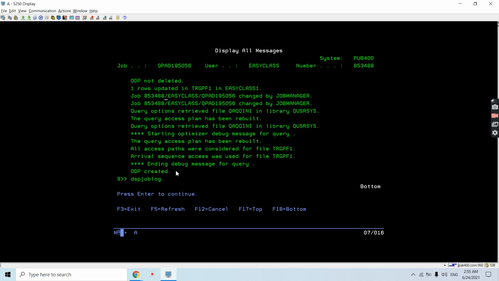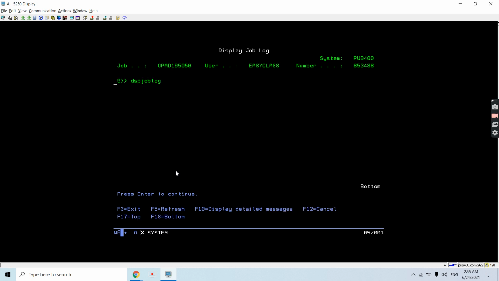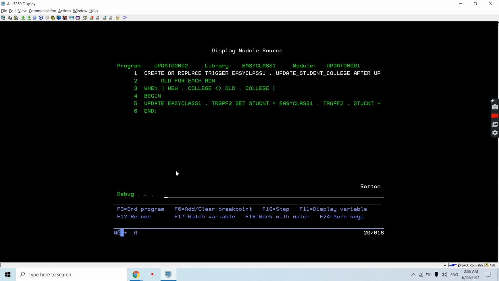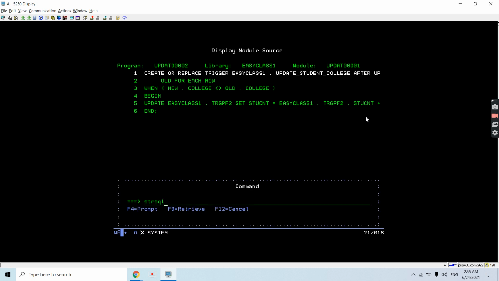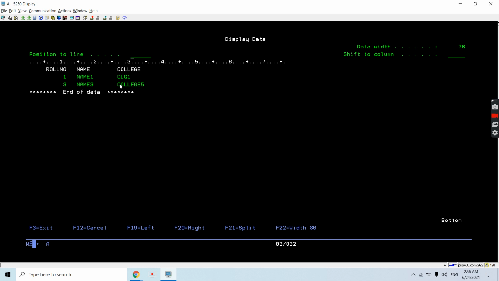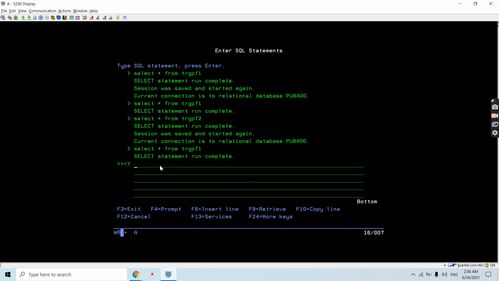One row updated in this because we have used the after trigger. Let me show you here only. You can see this is an after trigger, after update. Let's check the data in it. You can see the college name is updated to college 5.